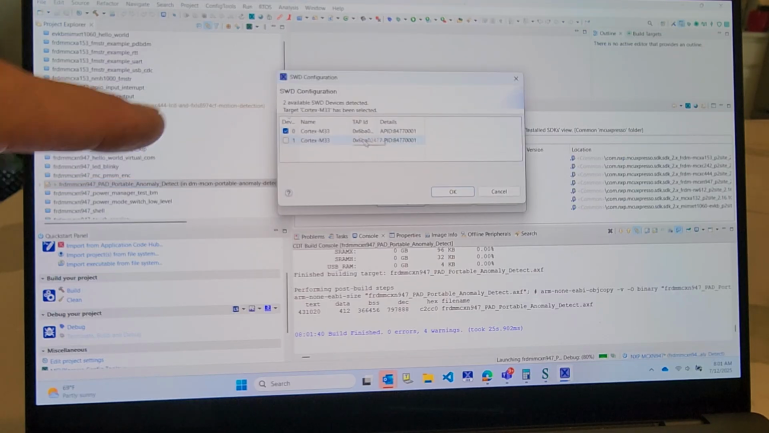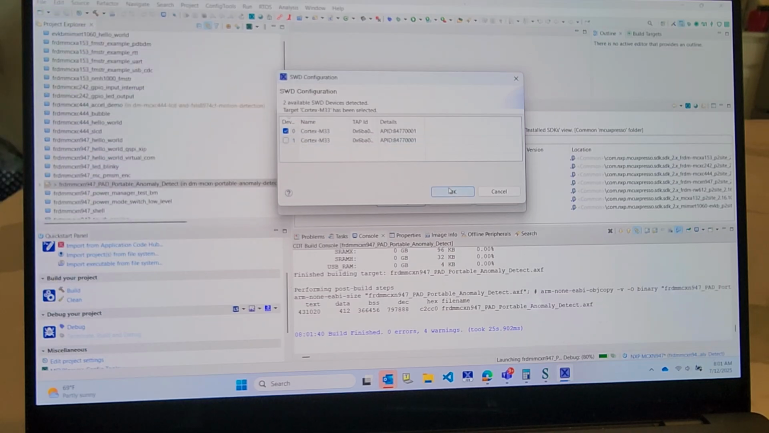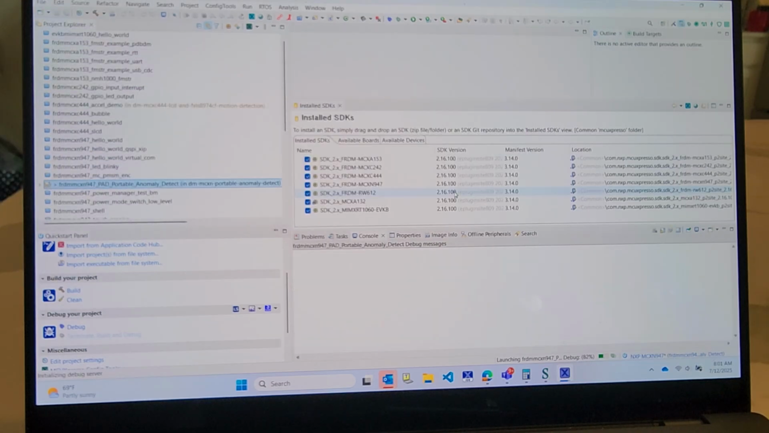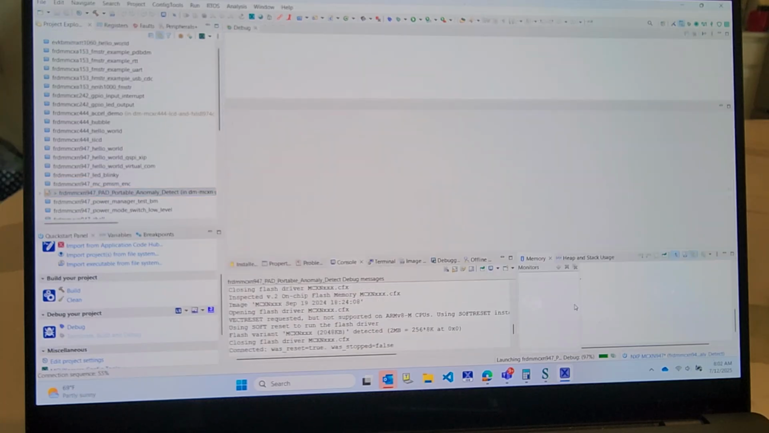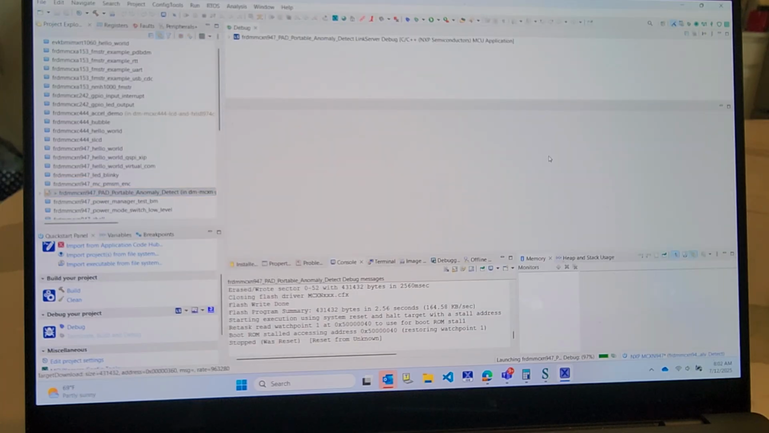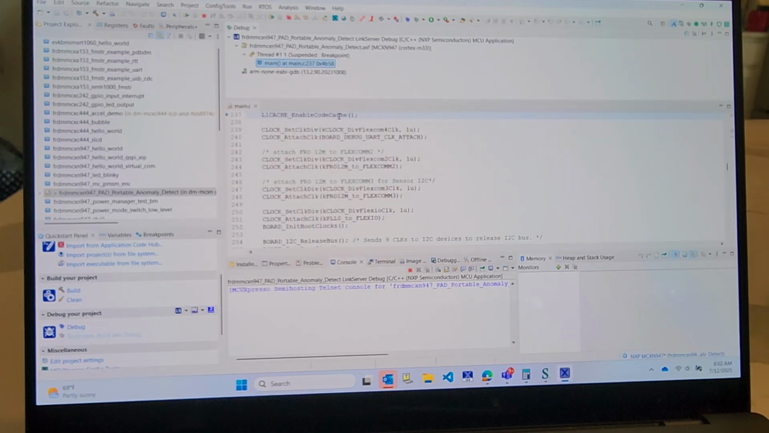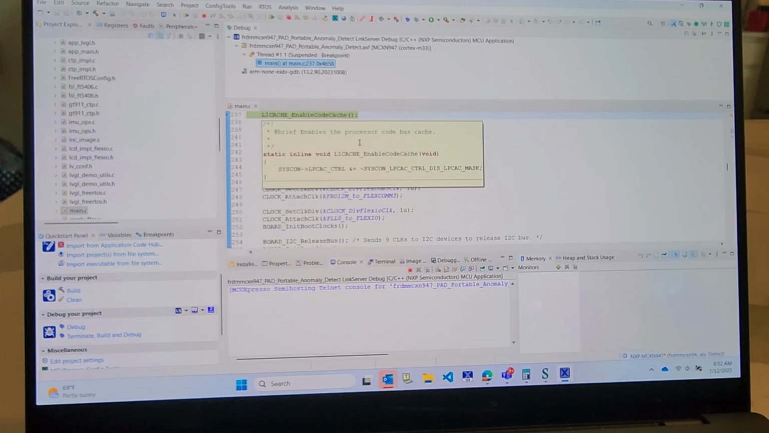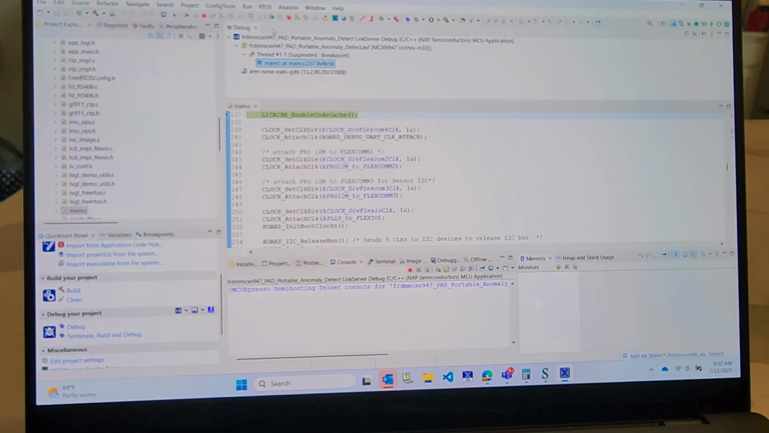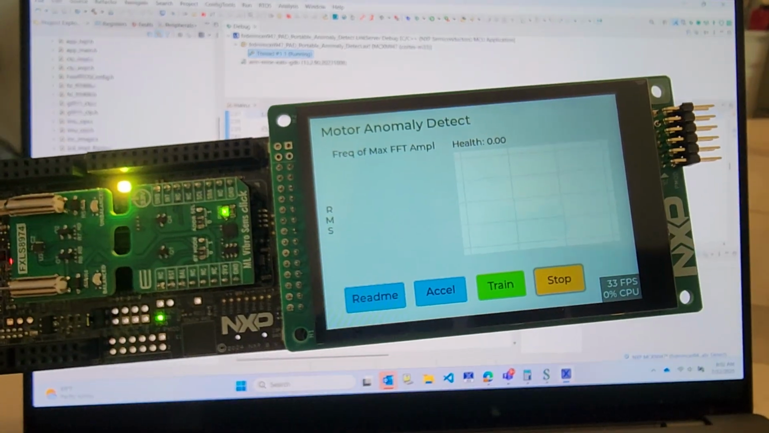All right, we're going to run it on core 0 because this part's got 2 cores in it. Click OK. All right, so we got that going. And at this point, I'm going to come up here and hit the green triangle play button. All right, so once we have this running now, we're getting this